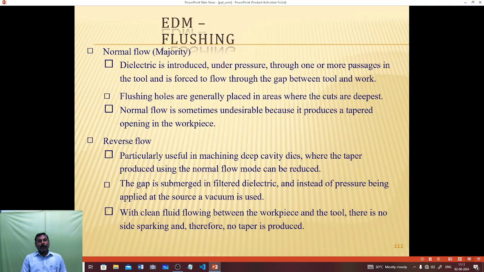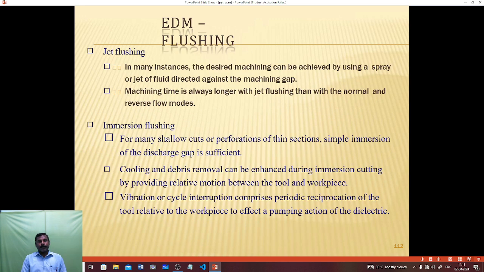Now, the normal flow is practically useful in machining cavity dies, where the taper produced using a normal flow mode can be reduced. Jet polishing, then impression polishing,